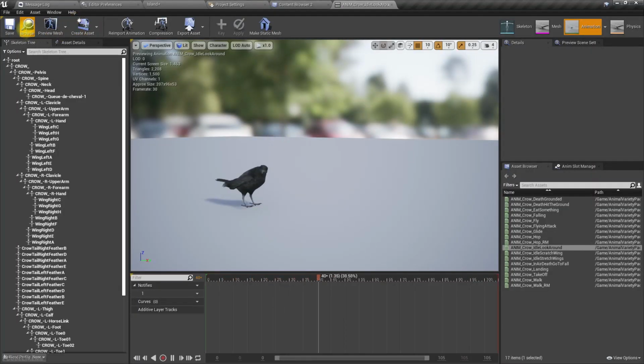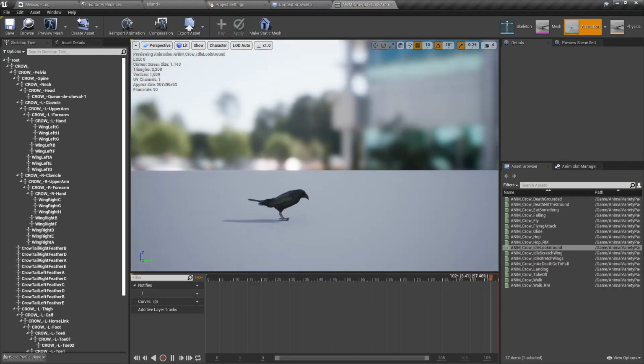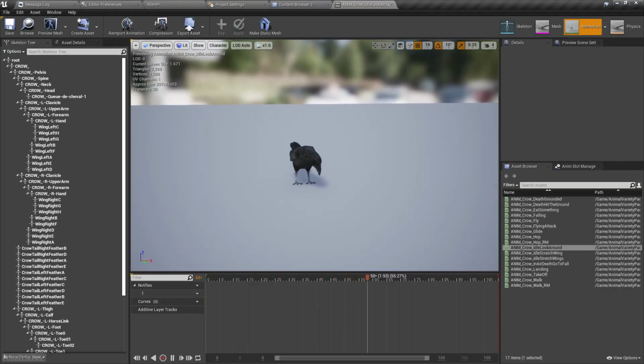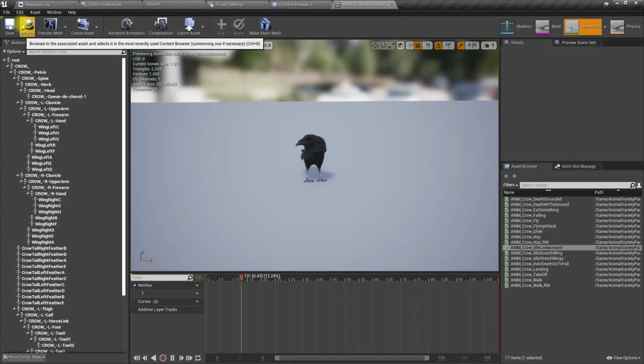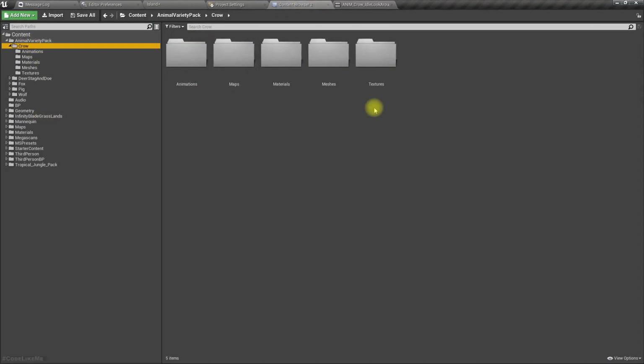Right, so here I have imported some crow mesh and animations. So yeah, actually I have never done a bird character before.